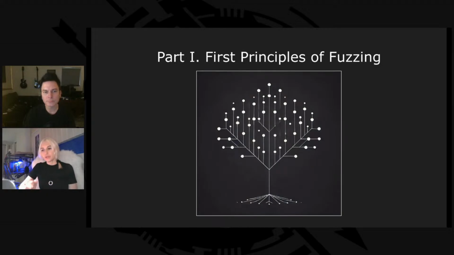To understand the first principles of fuzzing, we want to look at the program in the same way as the fuzzer sees it. Ultimately, fuzzing is simply sending random inputs to the program. And you have to understand what is going on at the lowest levels. Every program can be represented as an infinite flow of CPU instructions, which is branching.